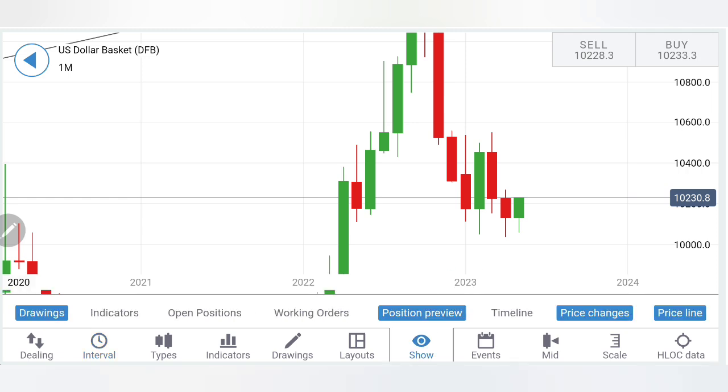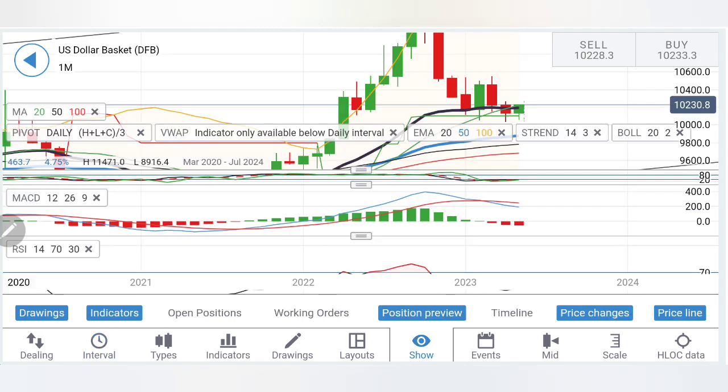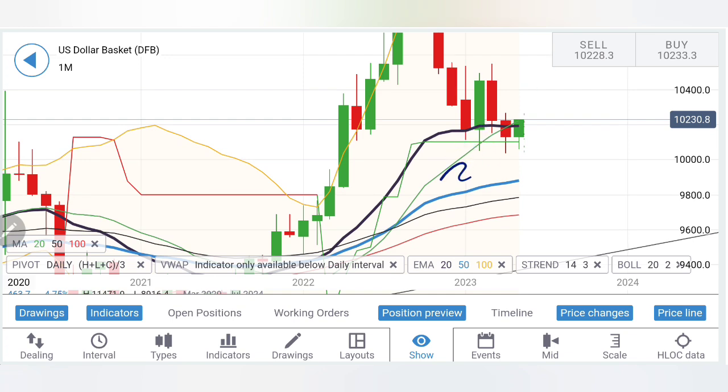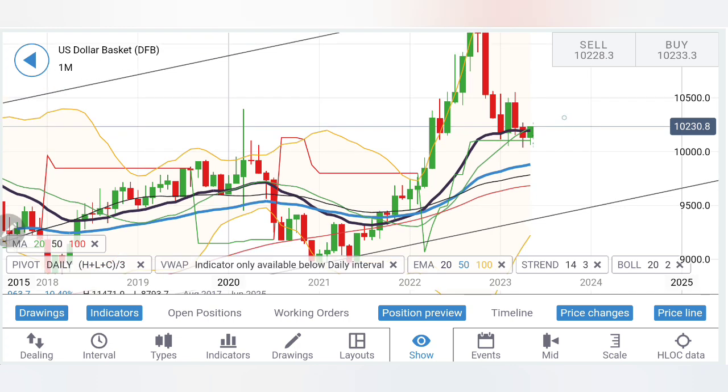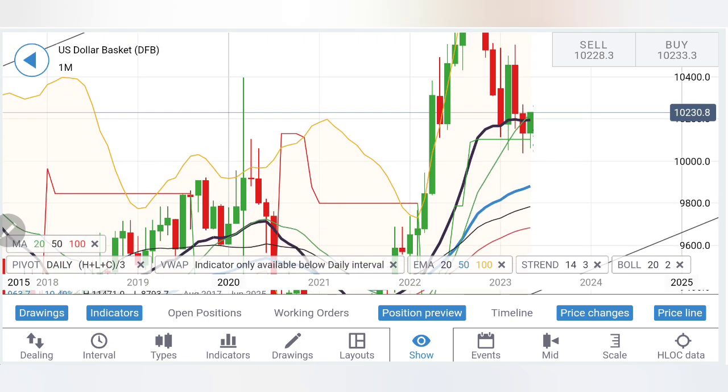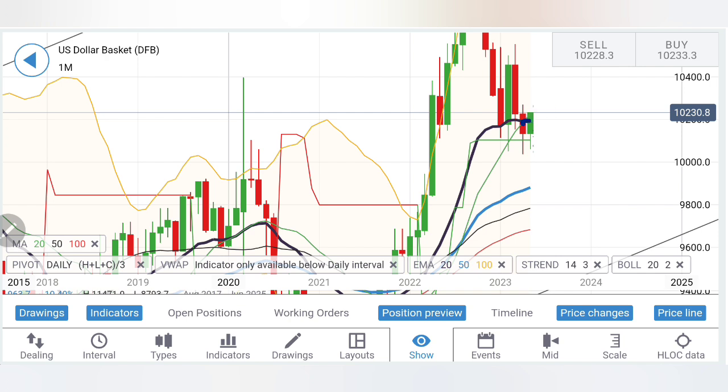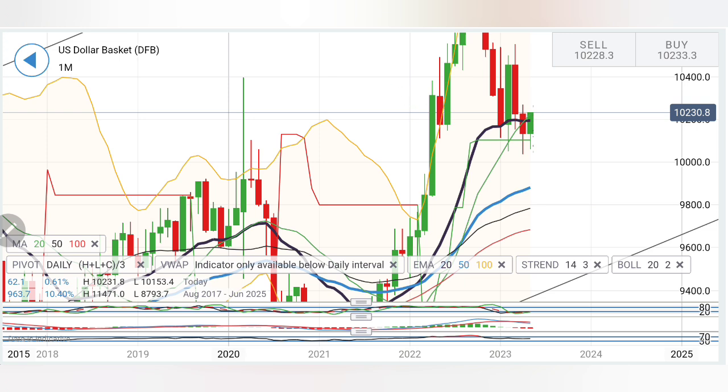Now this is one observation. Now let's have a look with the help of indicators. What are the indicators suggesting? You can see the 20, 50, 100 period moving averages were previously trading with divergence, now almost running flat here. The bullishness has diminished, that is for sure. Right now it is closed on the monthly charts. For now it is trading above the 20 period moving average, which is right now situated at around 102, which was also a good resistance zone.